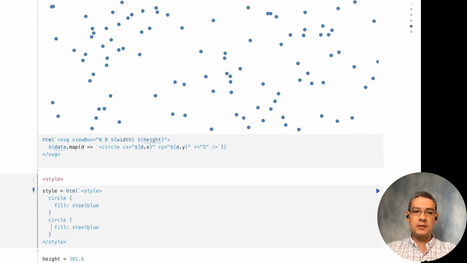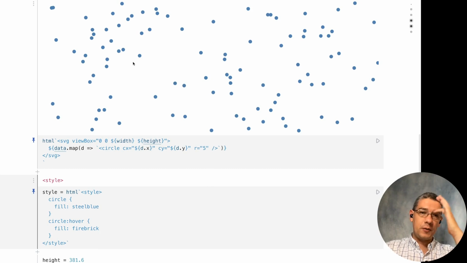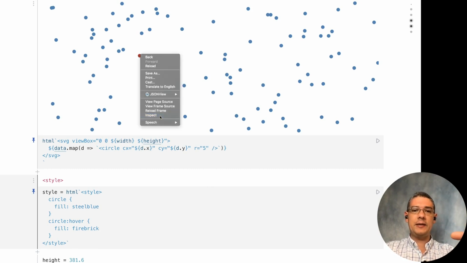Like for instance, you can say that whenever they are hovered, then you change to fabric, and then as you can see, it changes color. Okay, so that will be the way we create a visualization. When you actually look at the code of this, you can do that by right-clicking in here and then saying